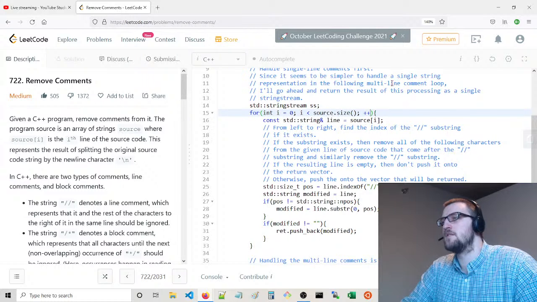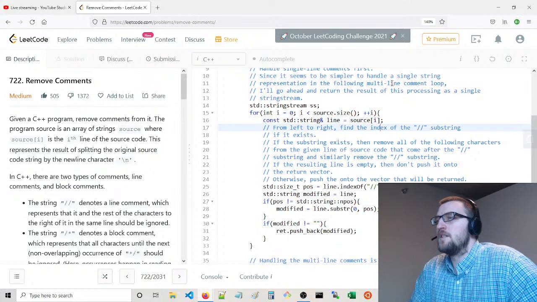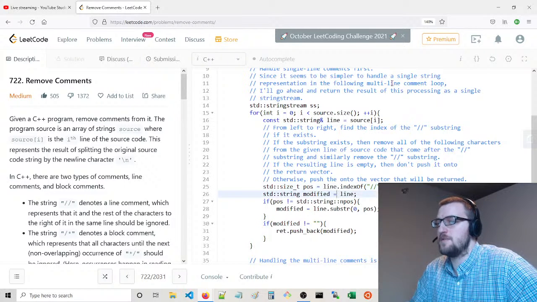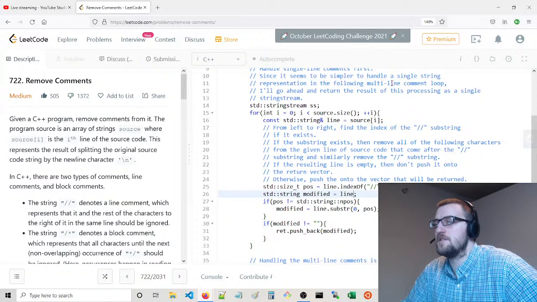Okay. So we say position modified equals line now. What I want to do is say we're either going to add new line characters or not.